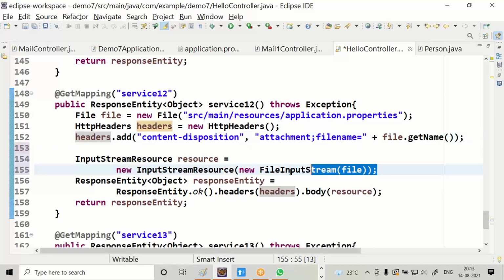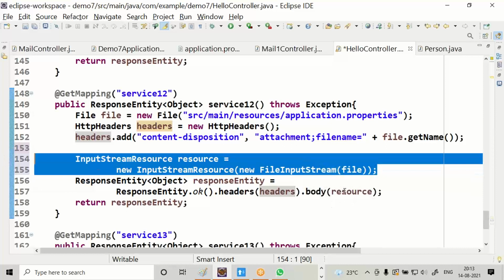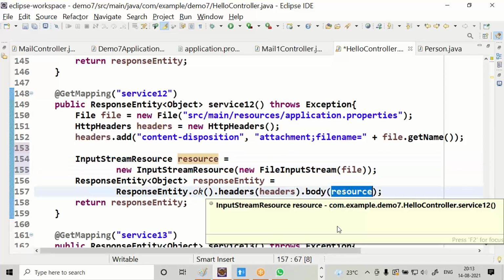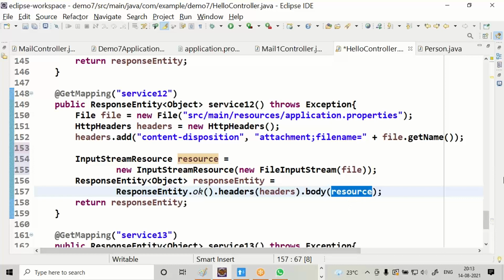So here, this is the input file. That file content is stored in the body. Body is the resource. What is the resource? Input stream. Specify the file. Which file are we considering? Application.properties. Any file can be considered from the application. You can go for the downloads folder, and in the downloads folder you can keep any files. Refer to the same folder along with the files. I am just showing application.properties as an example. You can go for any file to download from your application.